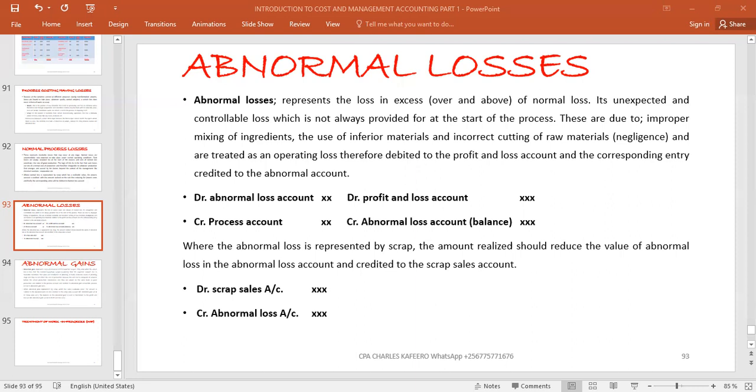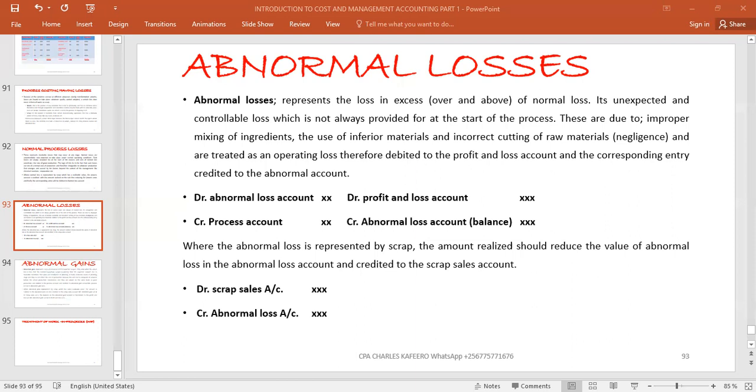So we can proceed, and we say that it's unexpected. Of course, we know that any loss is unexpected. We don't go into business willingly to make losses. They are all unexpected. They're unexpected and controllable losses. These are controlled, but they are not like the normal ones. These are controllable losses, which